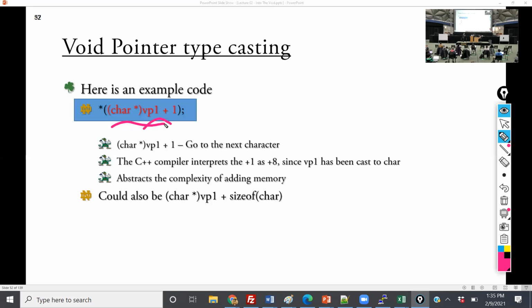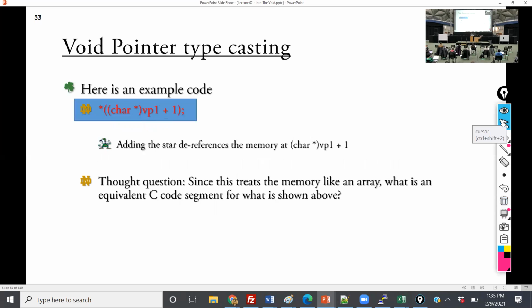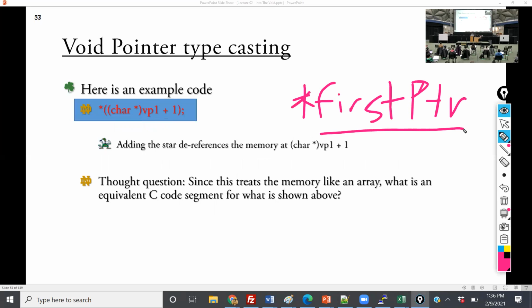All right, so now let's do the last part. We now have a specific location, and now we're breaking it down to the exact same thing. If you remember, we had first pointer. First pointer gave us a location on the data memory of an integer, and then we dereferenced it.